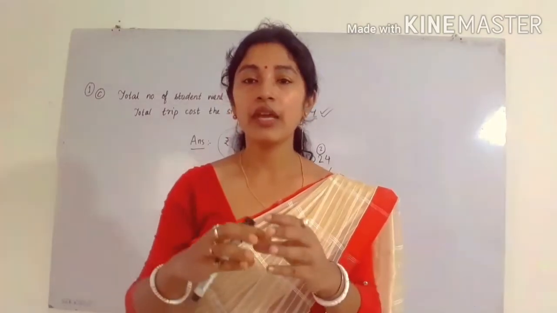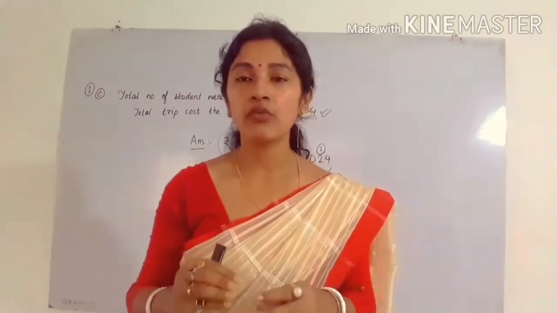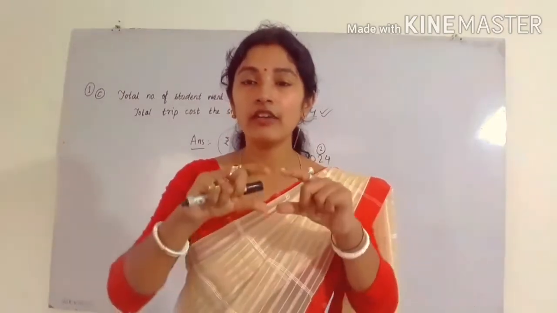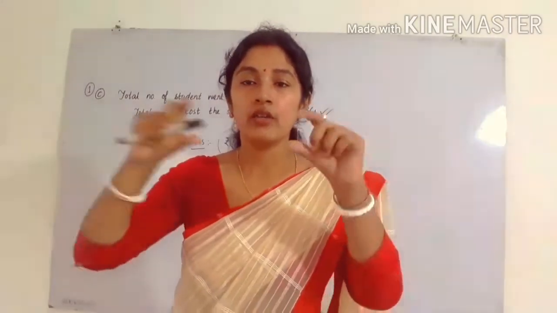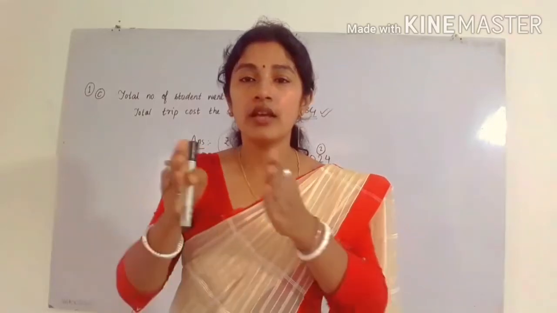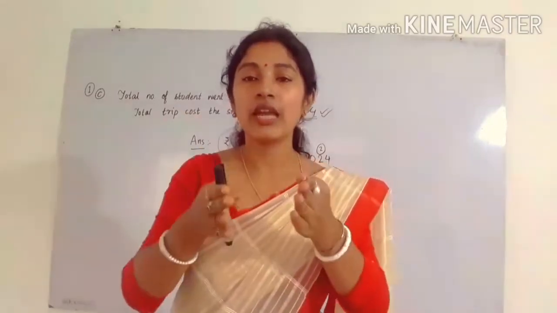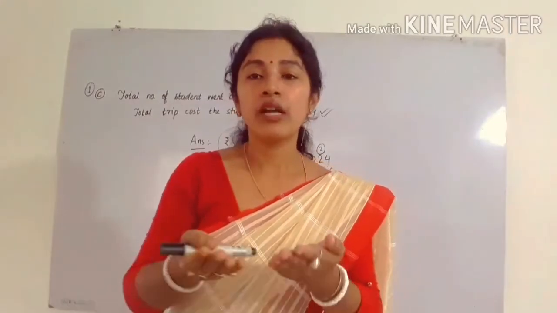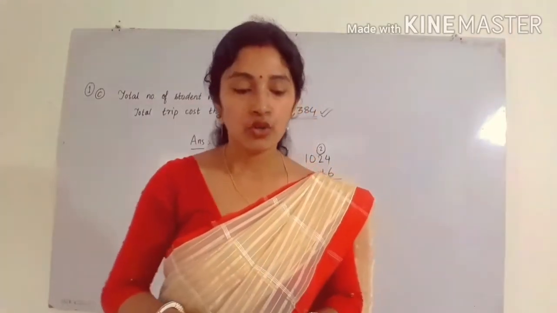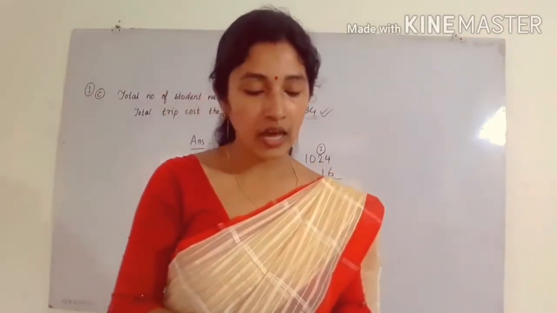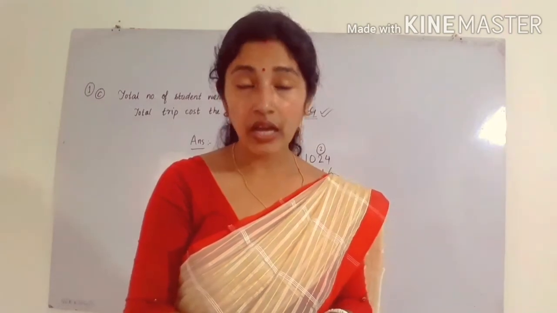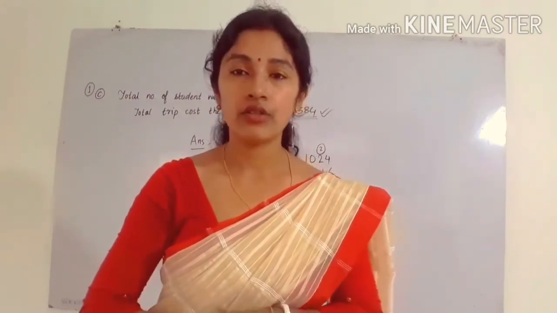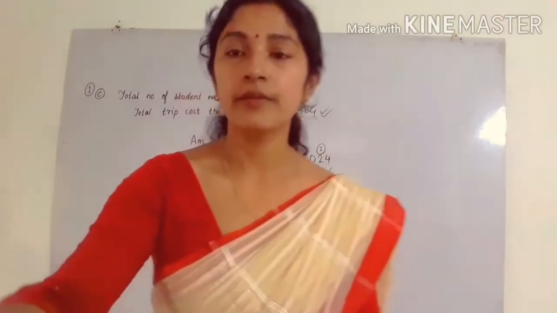That means we have to make how many boxes? We have to make 27 boxes, 7 times. Like that we can make one row. So we have to write 27 boxes 7 times. We can add 27 seven times, or we can multiply 27 with 7, so that we can find the answer, that is, in total how many pages she can read in 7 hours. Okay, so let us do this question.